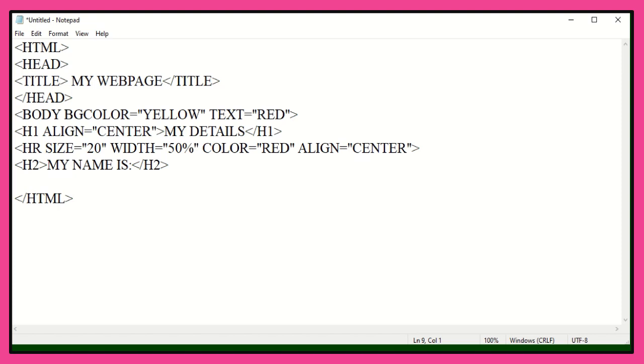Now I am going to use the H4 tag, that is the fourth level of heading. I would like to display my name Vidya, close this H4 tag.